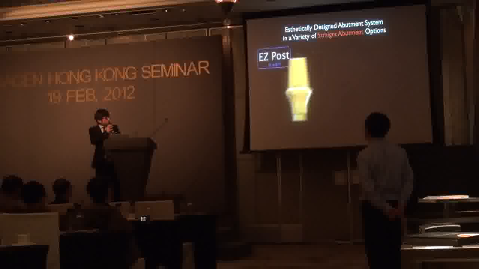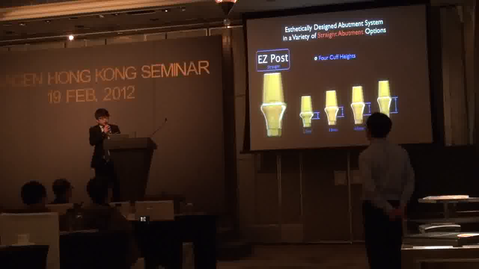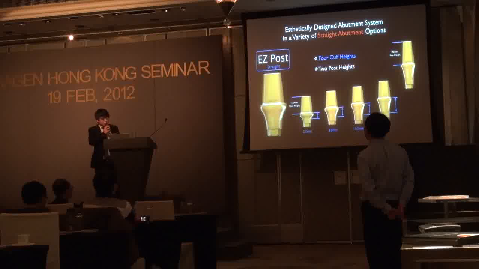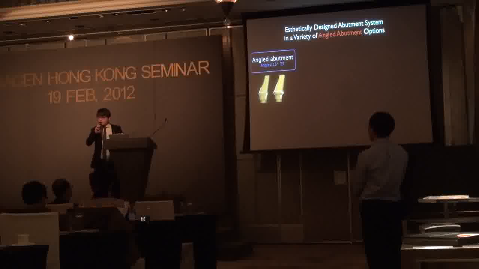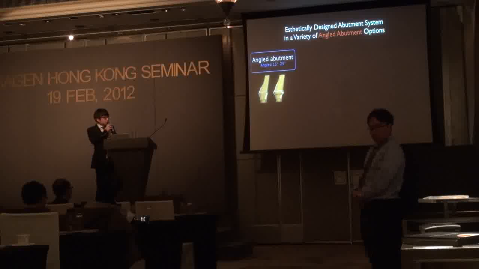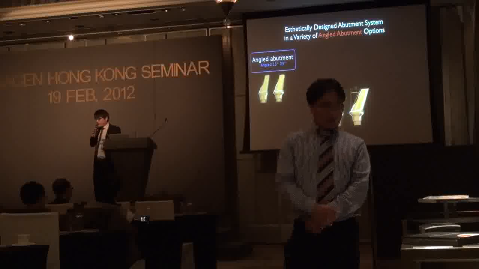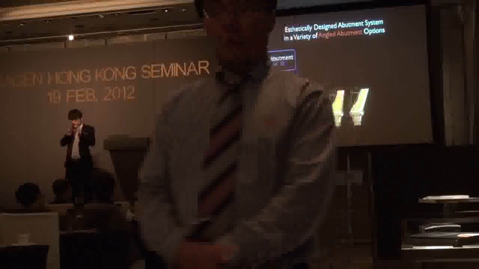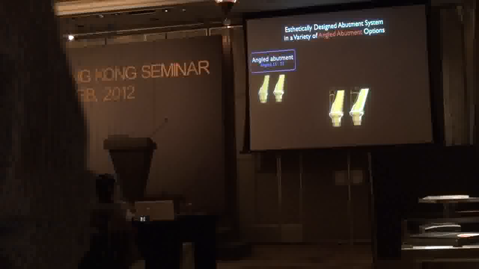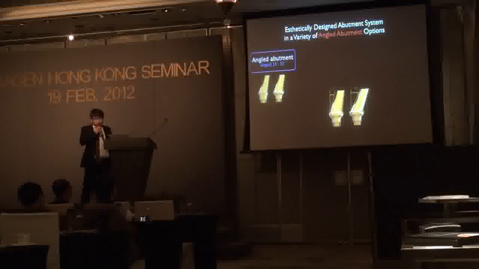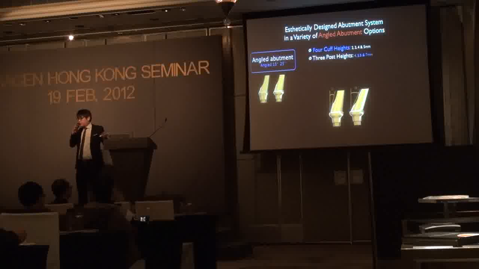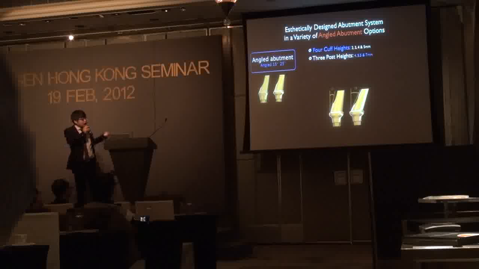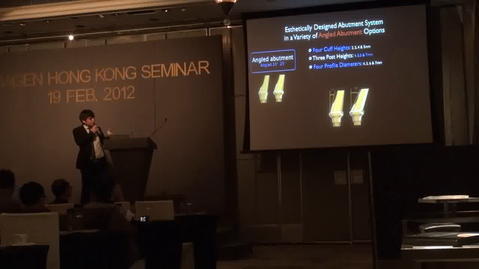It has various cuff heights and also 2 kinds of post heights, so you can choose according to the patient's situation. And also the angled abutment: as I told you, Enrich has a hex connection, which gives 6 directions for the angled abutment. But we have 2 kinds of angled abutment apart from the angulation. Each angulation, which is 15 degrees and 25 degrees, has 2 types of